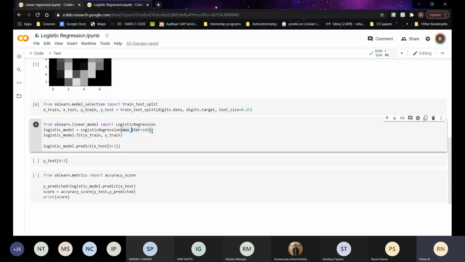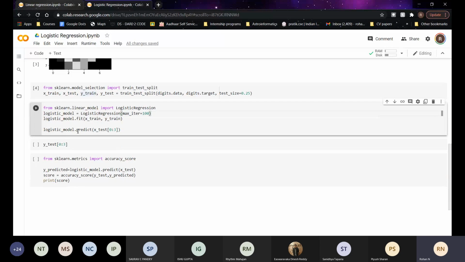and here we are predicting 3 elements of X test, 0 to 3. This is nothing but NumPy slicing, which was explained in the previous workshop. As you know, 3 is not included, so it will take 0, 1, 2, the first 3 samples, and it will predict what it thinks those values are. When I run it, I get a warning saying that LBFGS failed to converge.